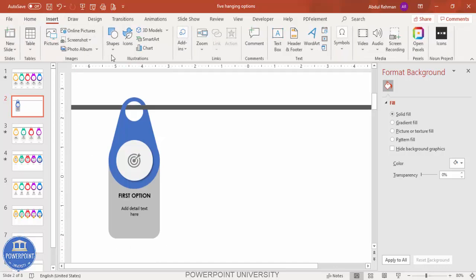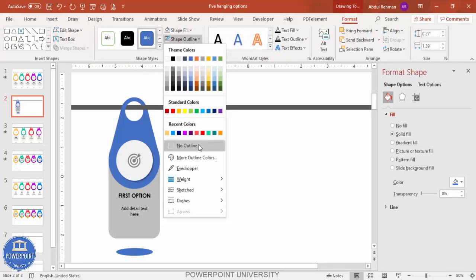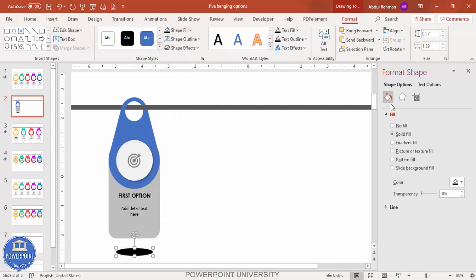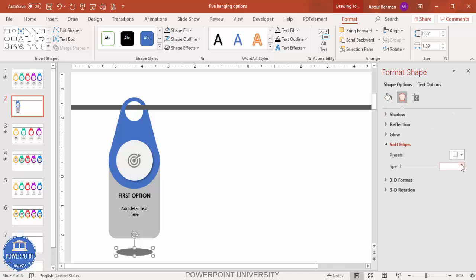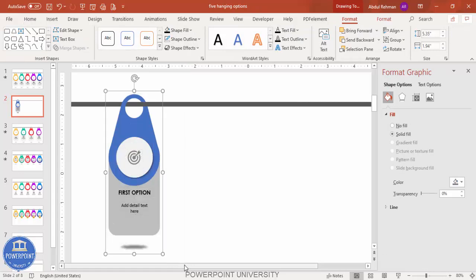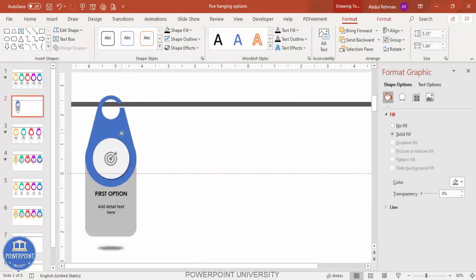So go to insert shapes, select the oval shape, draw the oval shape, maybe this much size. Shape outline, make it no outline, and shape fill, make it black. And under the fill, increase the transparency level, you can see here. Then you go to the effects, under effects, go to the soft edges and increase it. So you can see here, you got the shadow effect here, just put it here. Now I'm going to select all, press Ctrl G to group it. You can see here, move it aside